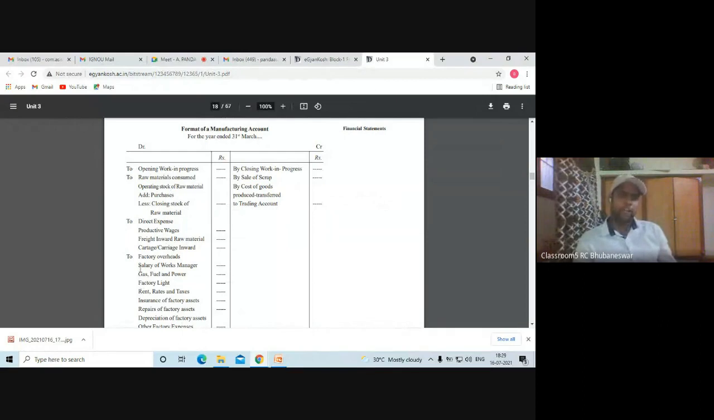So factory overhead: salaries of works managers, gas, fuel, everything, or factory related expenses, will be getting added here. Okay, on the right side, there is no income, only some incomes are there which are negligible, that is sale of scrap. Then what is meant by scrap? In the production process, some part will be there which is not in a usable